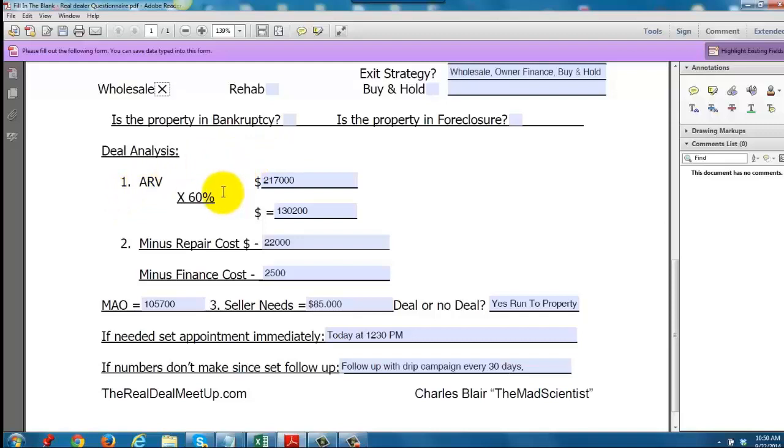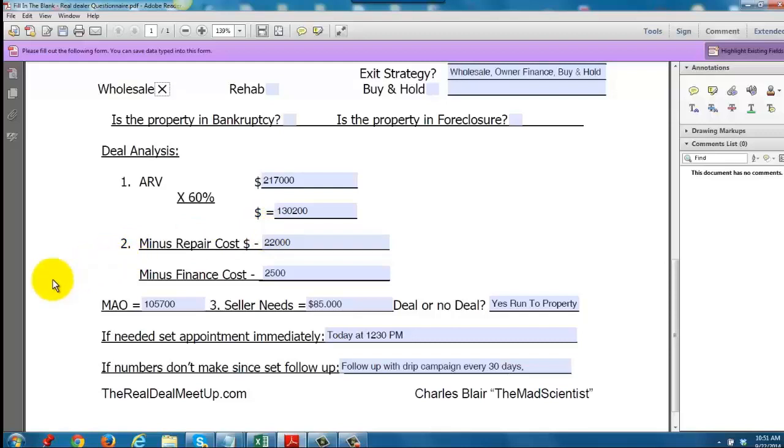So we've determined that 60% loan to value of 217 means that we need to start off our offer below $130,000. Now, once you fill in the blanks, it automatically does the calculations for you. We also determined that based on the repairs the seller gave us that they need to be done, that is actually $22,000 worth of repairs,